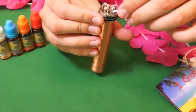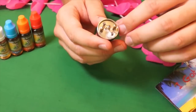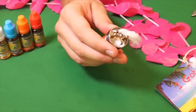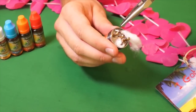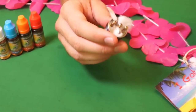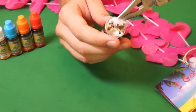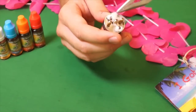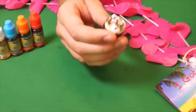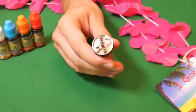Just going to feed through. Sometimes one side's easier to feed through than the other. You just have to experiment and play around. As we can see, that side was a little easier. And once it goes through, grab your pliers again, pull, and then just tuck all underneath the coils here. And once you have it nice and tight in the middle there, what you want to then do is grab